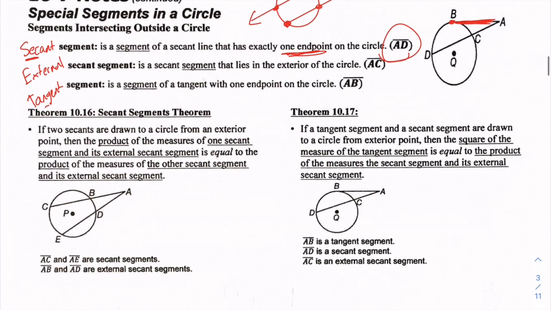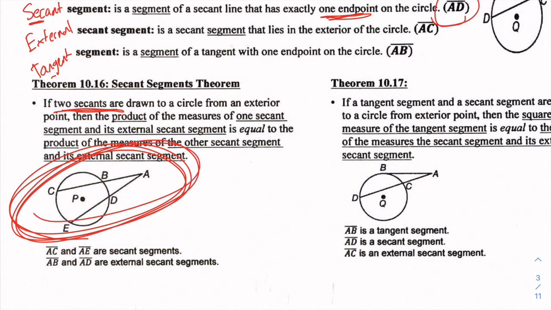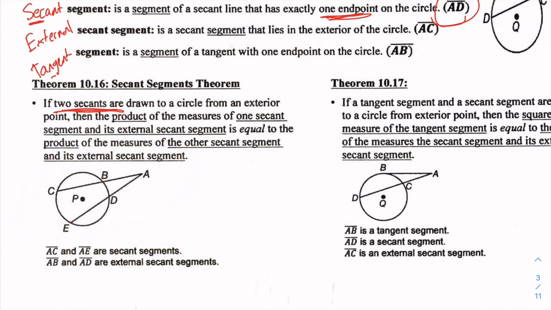All right, for our 2 theorems here, the first one, secant segment theorem. This is when you have 2 secants. So it looks like this. 2 secants are drawn to a circle. And really the theorem here is the product, so you're multiplying the measure of one secant segment, so